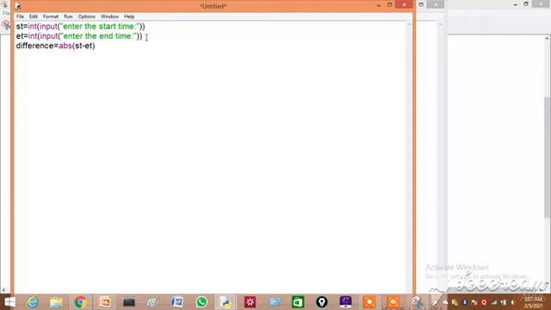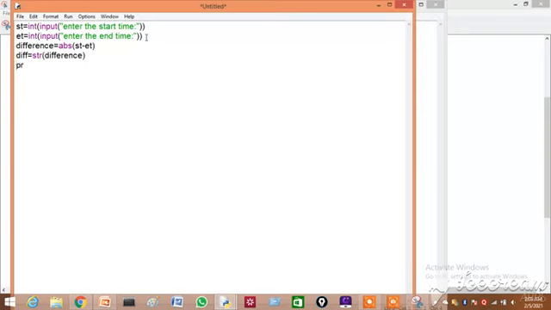Then I am going to convert this integer into a string format. So diff is equal to str of difference. I am changing this into a string format because I want to display this in a particular format, that is, slicing I am going to use. Slicing is applicable only on a string.